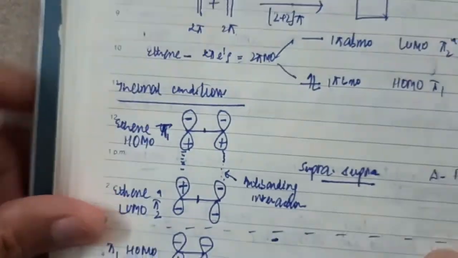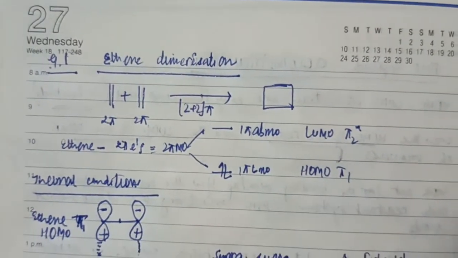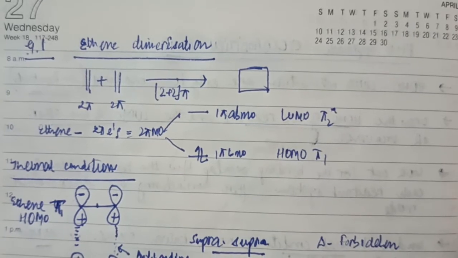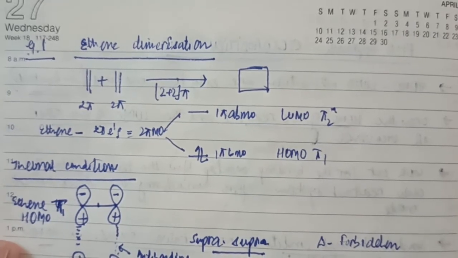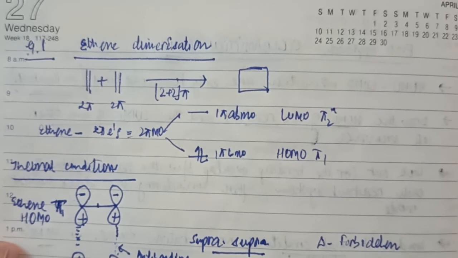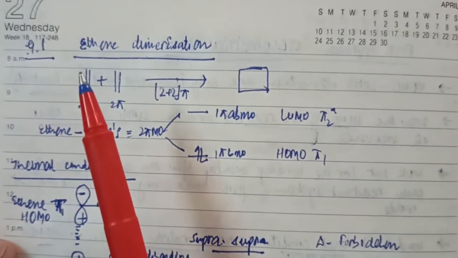First, we'll talk about the dimerization of ethene. If you remember, we've already done this example using the OCD approach. We know that supra-supra interaction of two ethene components was thermally forbidden and photochemically allowed. Can we reach the same result using the FMO approach? I have to see this. So to build on this system, let's work on this.